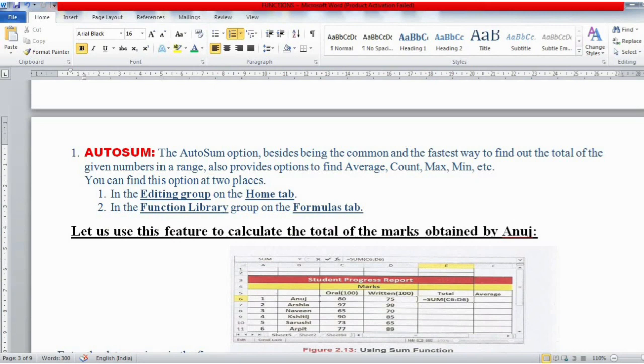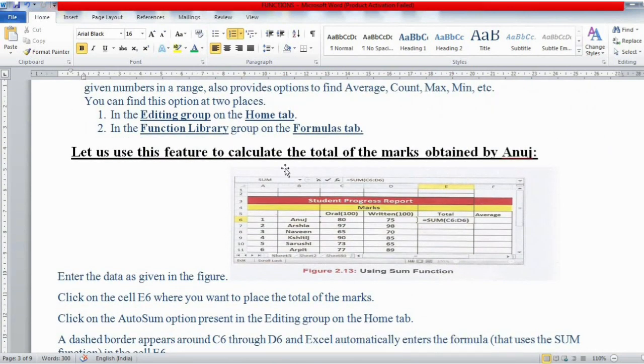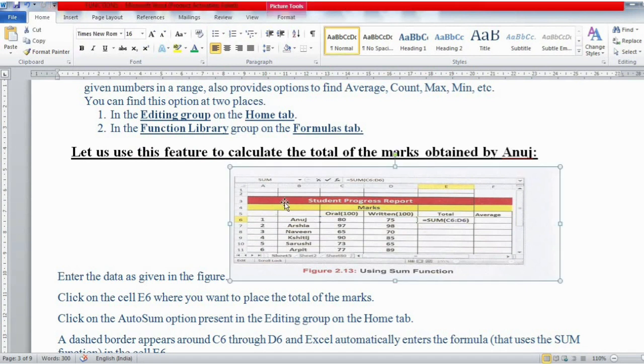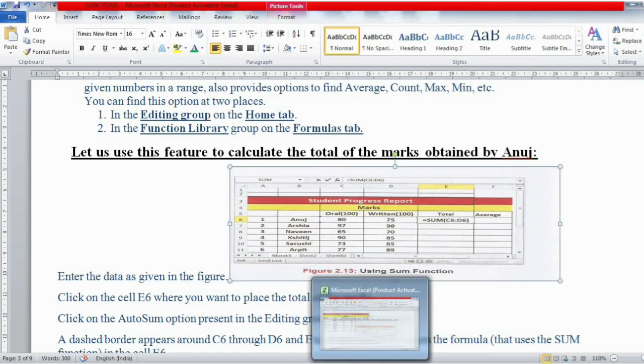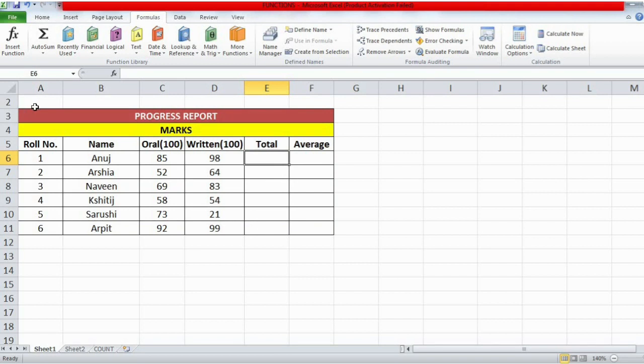Okay, so let's talk about how to calculate the total marks obtained by a student. Let's see this table. For example, enter the data as given in this figure. I have already done that, and you can enter it on your own computers. I have entered the data as per the given table.